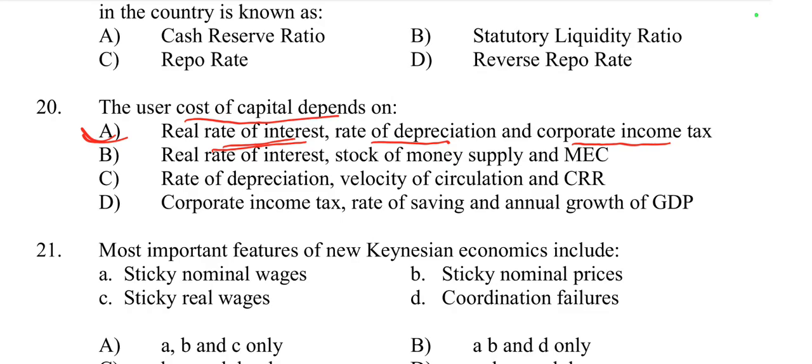The cost of financing the capital is called the real rate of interest. Then the rate of depreciation is the reduction in the value of the capital over time. It is called depreciation. Then corporate income tax: the tax effects on the cost of capital. So together these factors determine the effective cost of using capital in production. So option A is right. According to the user cost of capital, it depends on the real rate of interest, rate of depreciation, and corporate